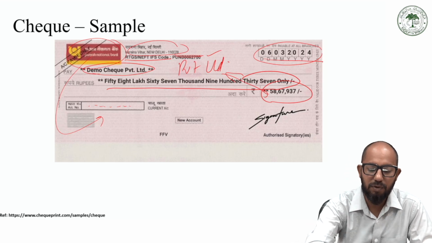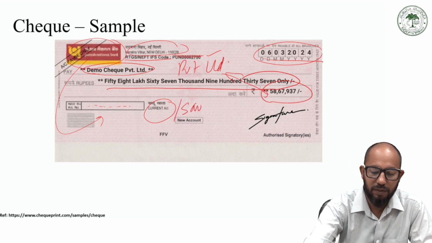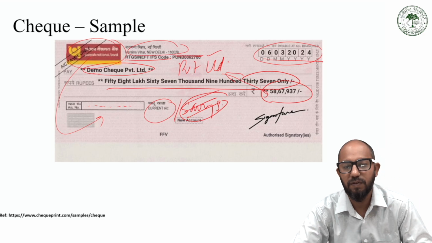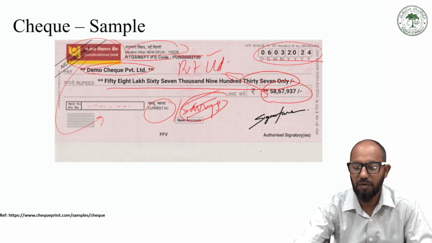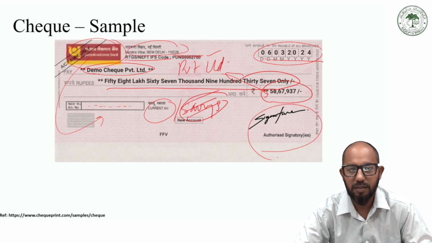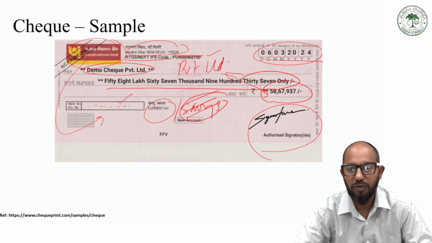And the type of account is mentioned. It is a current account, or it can be in business. Obviously it is always a current account. For personal people it is a savings account, so it will always be a current account. Then signature, authorized signature, who has the authority to make payment on behalf of this account number or the account